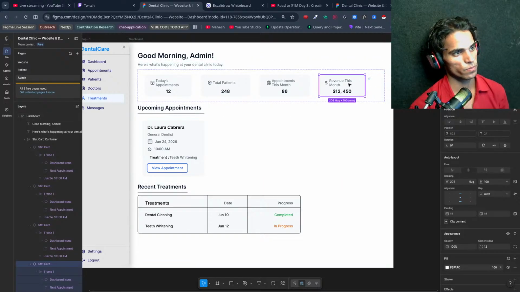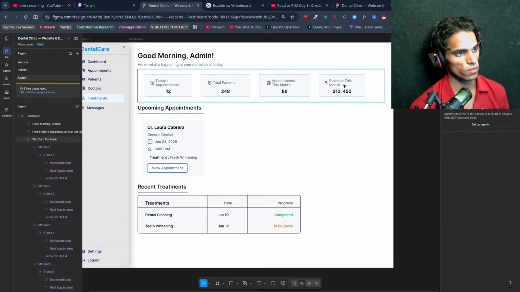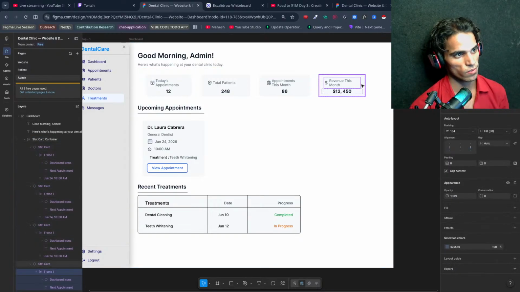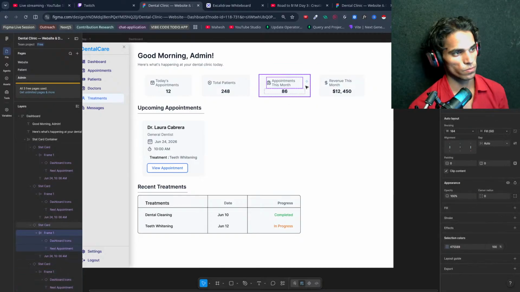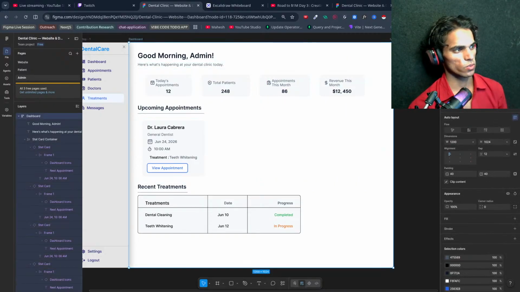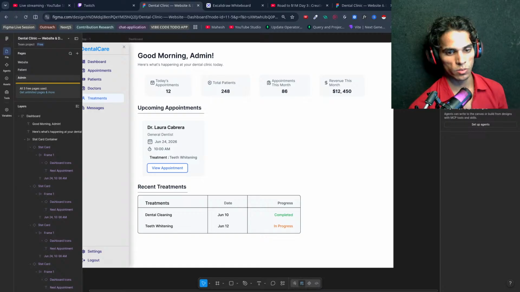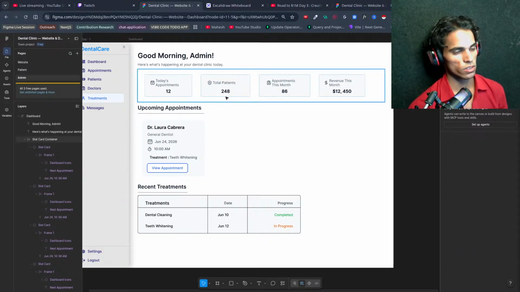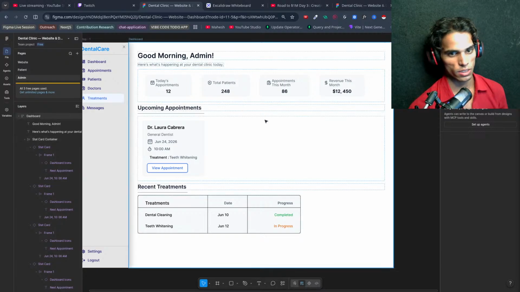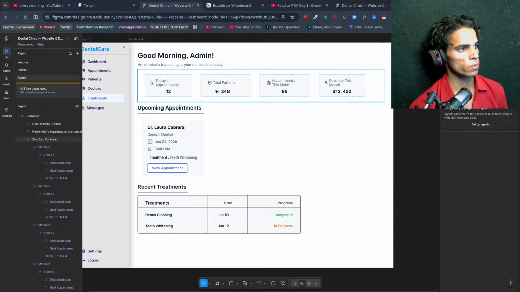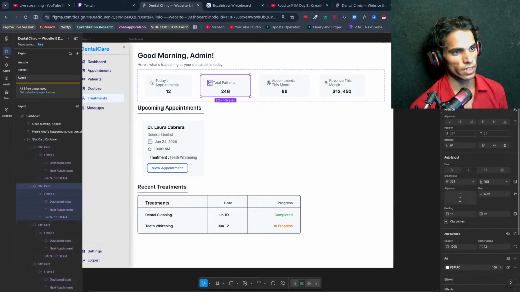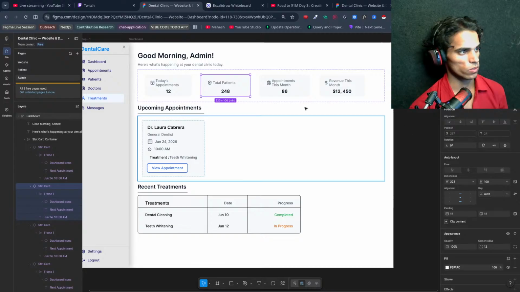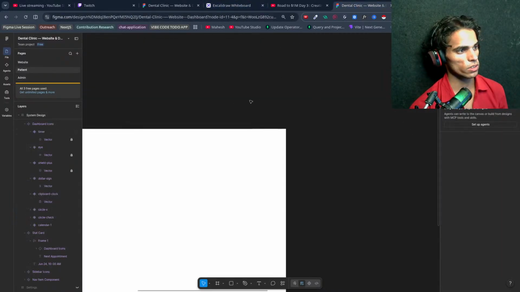So yeah, this is how we can, yeah. But this is good for now. After this we will use calendar, clipboard, and dollar sign. Okay, for total patients we can use a user icon. Okay, if we have one. No user icon. So let's get into this.